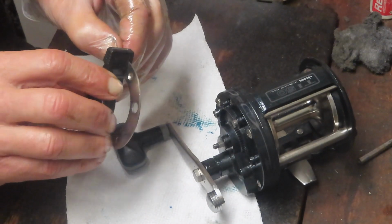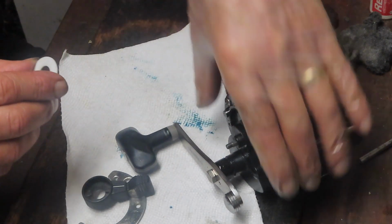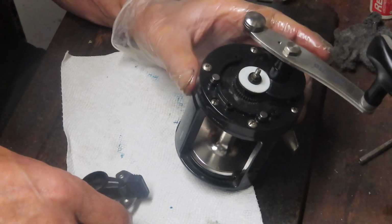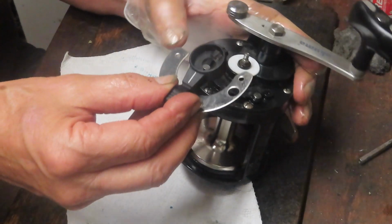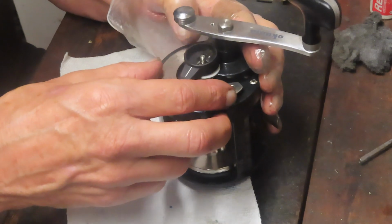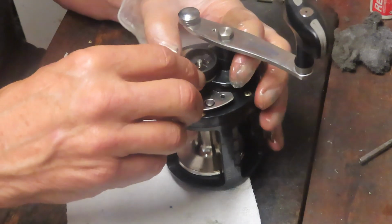All right, I always got to put this on before I put the trim ring on. On the back here, there's a Teflon washer that goes. So let's get that Teflon washer on. The other one, the 30, also had a little silver washer underneath. I didn't see that come with this one, and I don't have a replacement there, so I'm a little bit out of luck if that becomes a problem. We'll see. All right, so we just did that. I'm going to just move that over to the side here now,